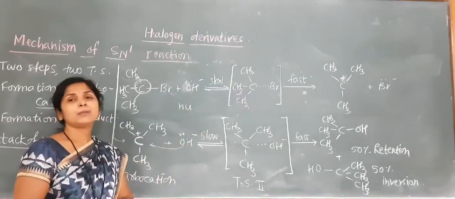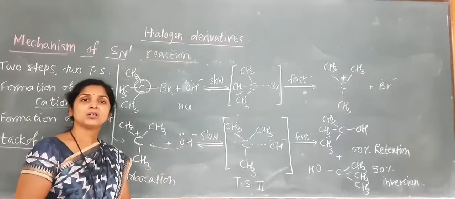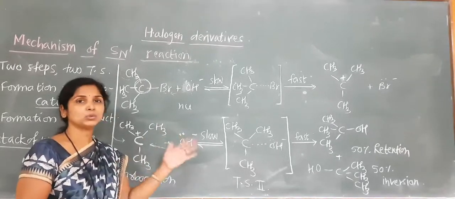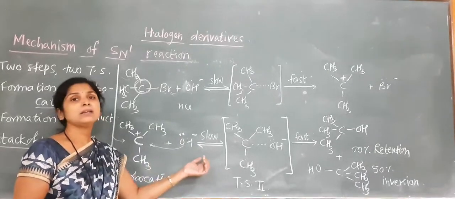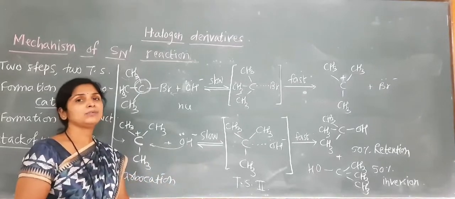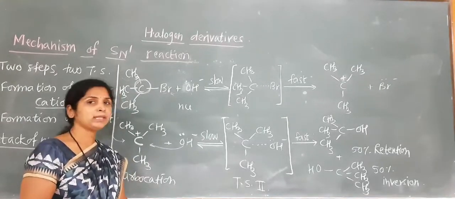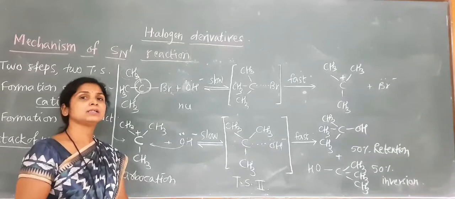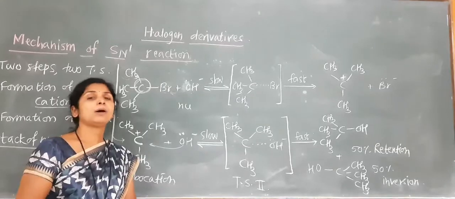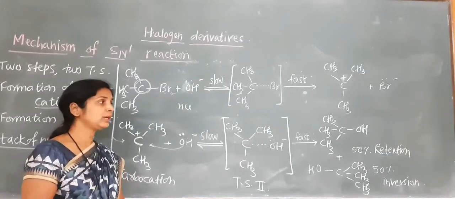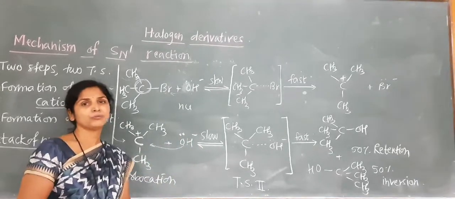The first step we have to show here is the formation of the carbocation, whose structure we will indicate properly, passing through a transition state which is called TS1. Then we will write down the TS second, where we have a formation of the bond. So first bond breaking and then bond making takes place when we consider the alkaline hydrolysis of tertiary alkyl halides. This was all about the SN1 reaction, where we have to write down that 50% retention and 50% inversion of configuration takes place.